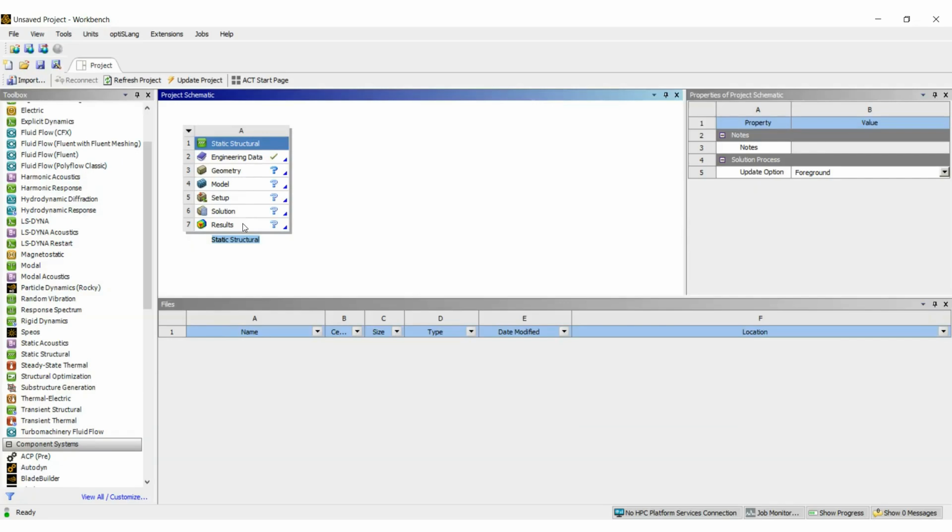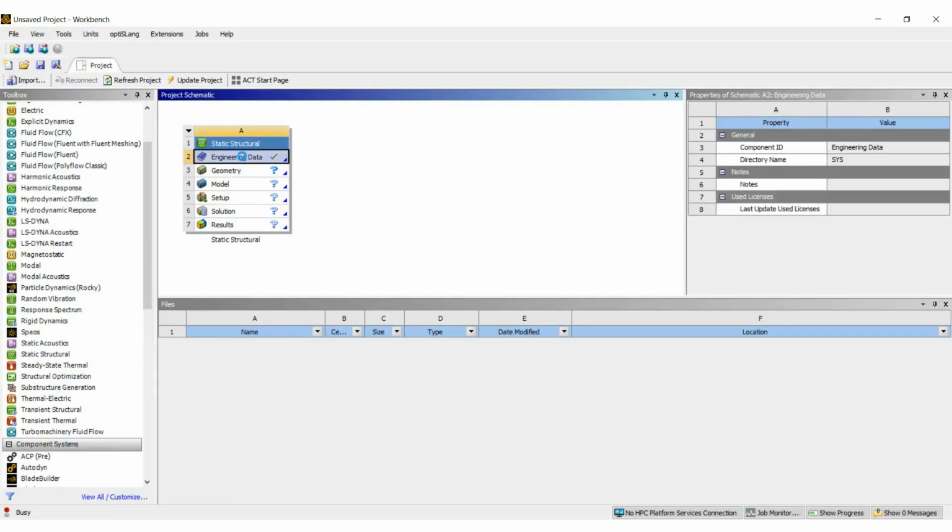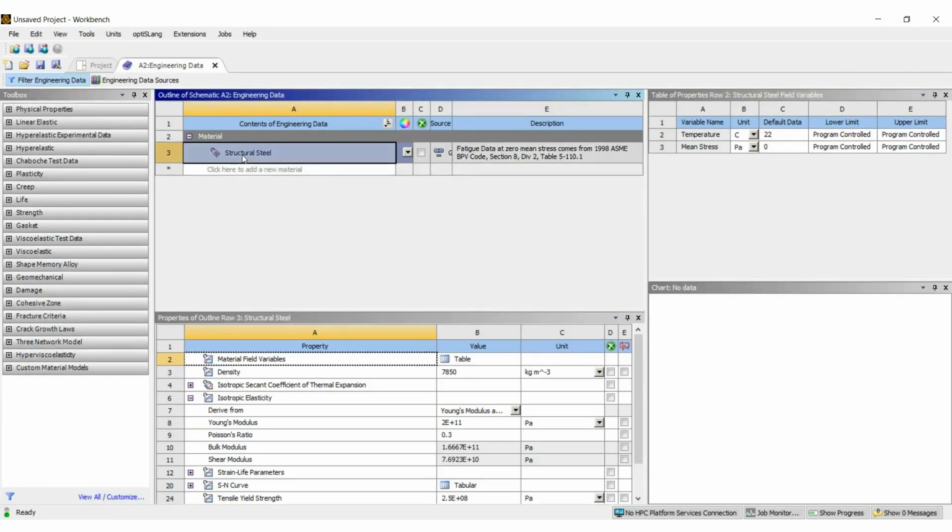So we will start off with engineering data. That's where we define our material properties. So let's just double click on engineering data, and we can see that it lists all the materials that have been defined and their properties are defined here.